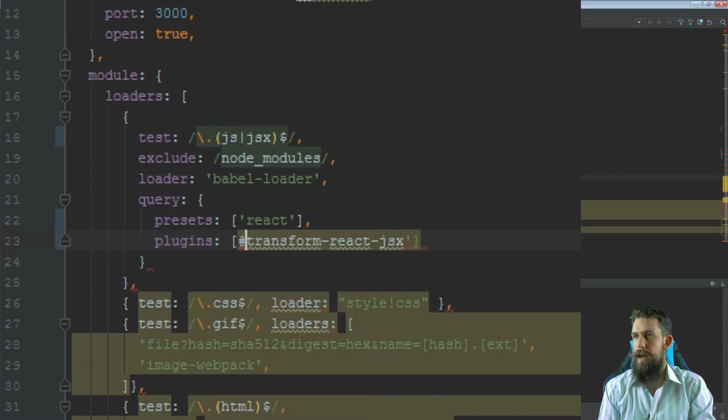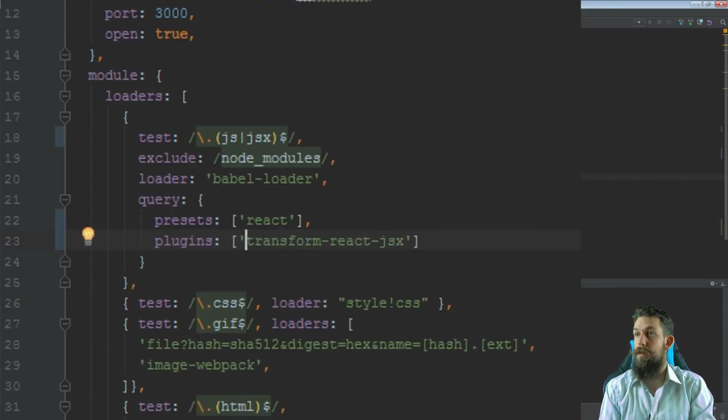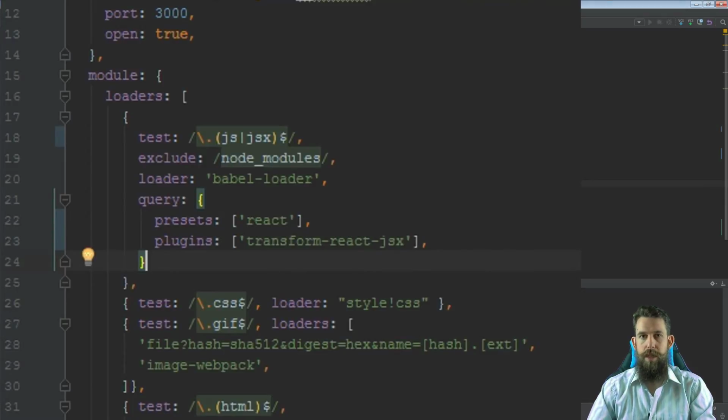And rather than a hash, it's better to use an apostrophe when you want to quote something. And there we go. So that should now be enough for us to be able to use JSX within our application. One thing that I did do in the tutorial, which I'll follow on from in here as well, I say the tutorial, I mean the blog post version of the tutorial,